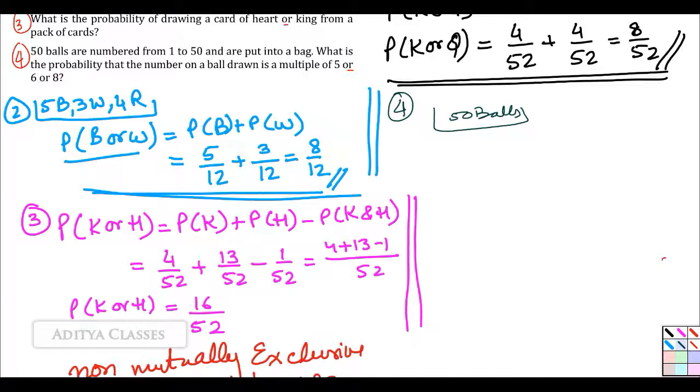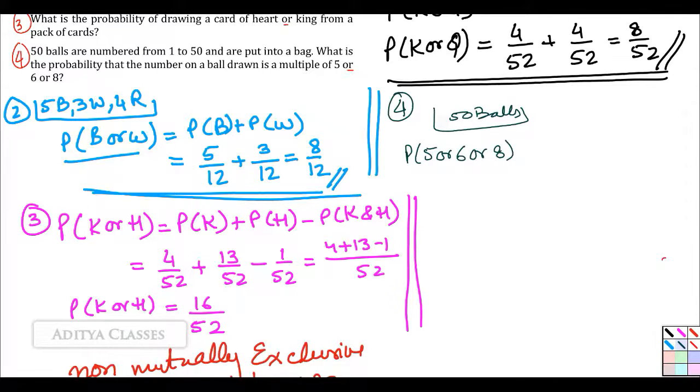So the ball number 30 will be in the 5 group also and the 6 group also. So let us proceed and see what is the probability of drawing a ball numbered 5 or 6